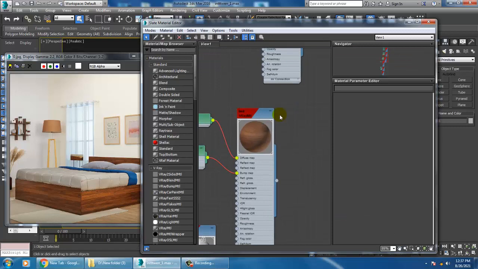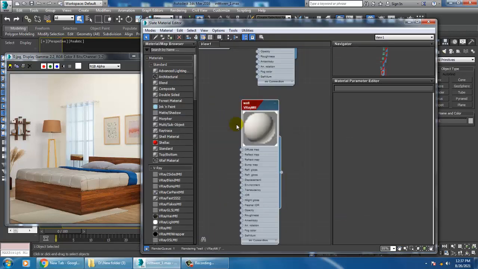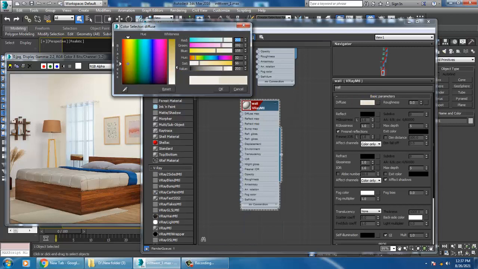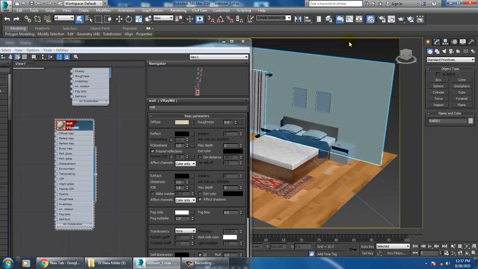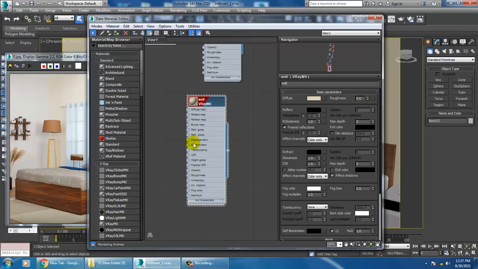I'll just increase the darkness of this color because it's looking more whitish. Much better. So let's go over here and select these pillows.